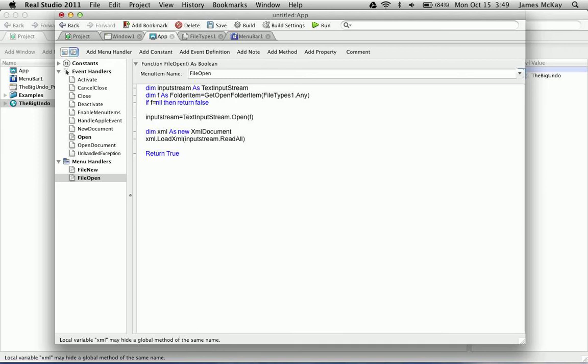And if our input stream is invalid, then oops, we don't want to continue from there. So this should get us a valid XML document. If not,